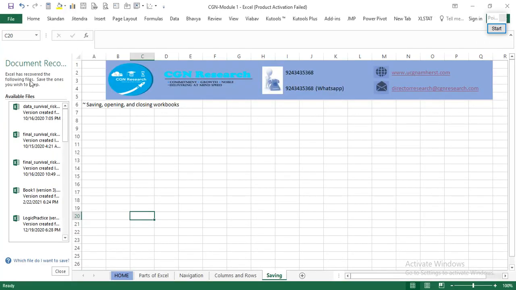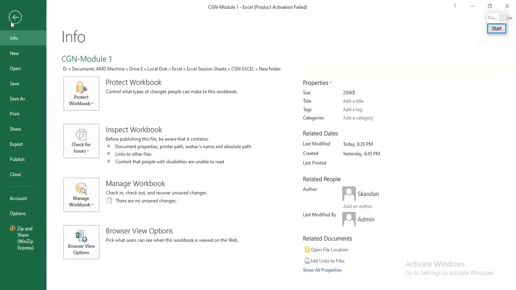This is for opening a file. And if I want to close it, I can do it by pressing it here, or go to the File menu and say Close.